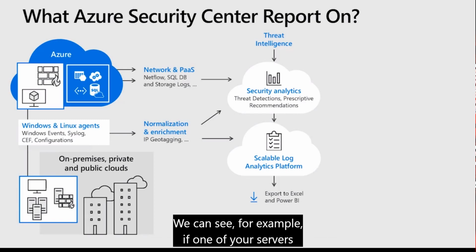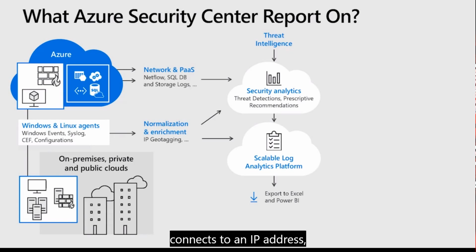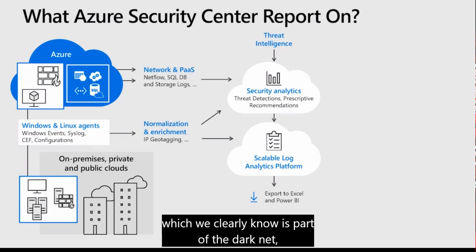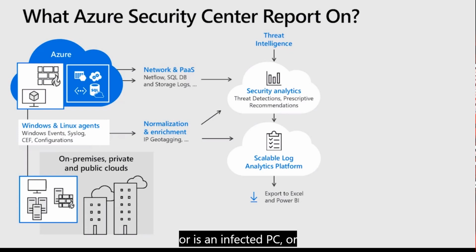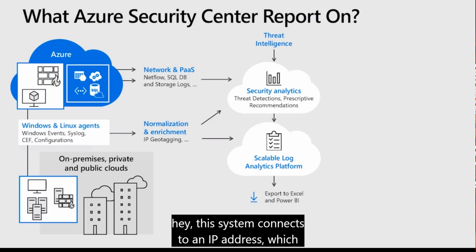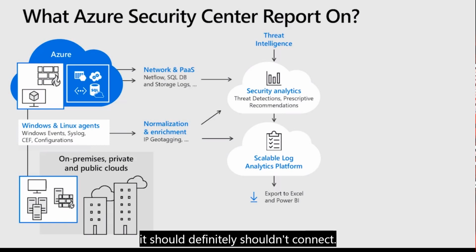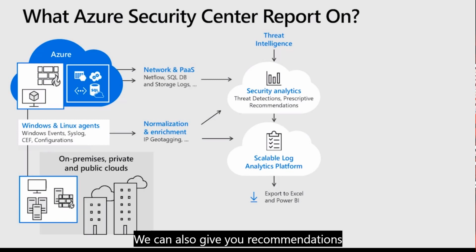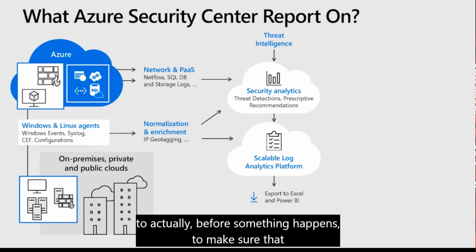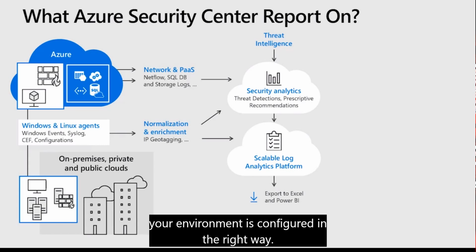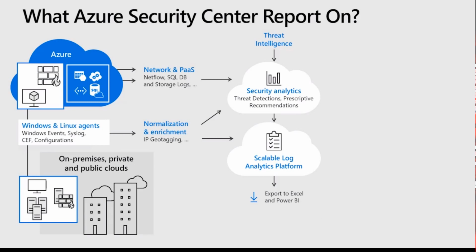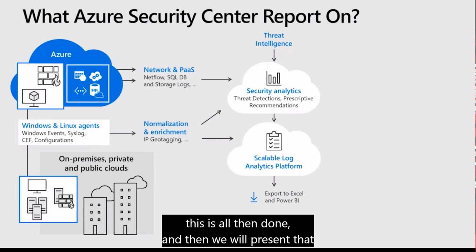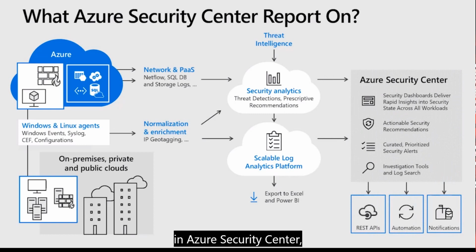So we can see, for example, if one of your servers connects to an IP address, which we clearly know is part of the darknet or is an infected PC or server or whatever, we can actually tell you, hey, this system connects to an IP address which it definitely shouldn't connect. You want to take action on that and have a look, why is it doing that? We can then also give you recommendations to actually, before something happens, to make sure that your environment is configured in the right way. So this is all then done, and then we will present that in Azure Security Center,